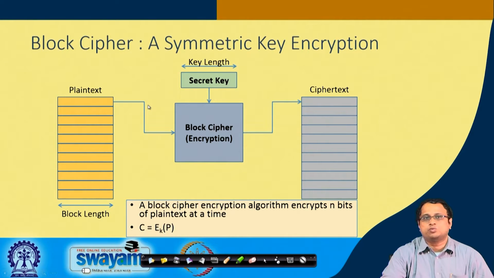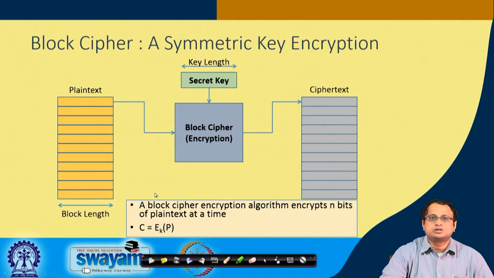Say, for example, it could be 128 bits of data, as we will see in the case of AES 128, and produces ciphertext which is also 128 bits of data. Now, the key is often also of a similar dimension. So, it could be 128 bits or 256 bits on which you are applying your encryption process. Therefore, the block cipher takes two inputs. It takes the plain text and the key and produces a ciphertext. So, basically it is a mapping from the plain text and the key to a ciphertext space.